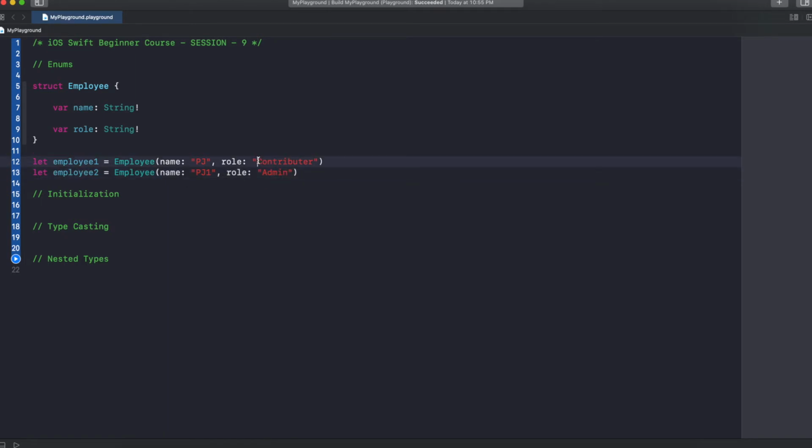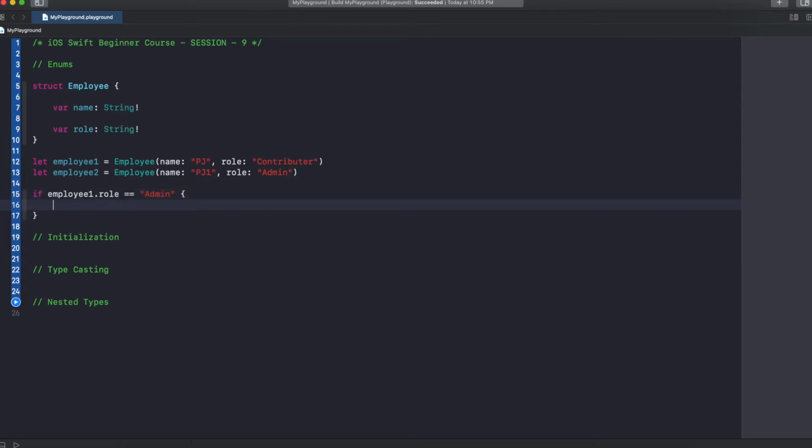This is how an employee will have a role, right? But let's say you want to check if employee1.role equals admin. Assume that you have to check these kinds of conditions across your application.